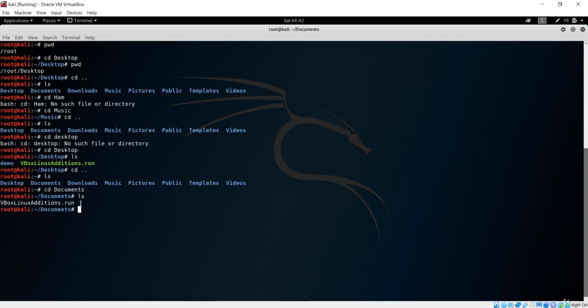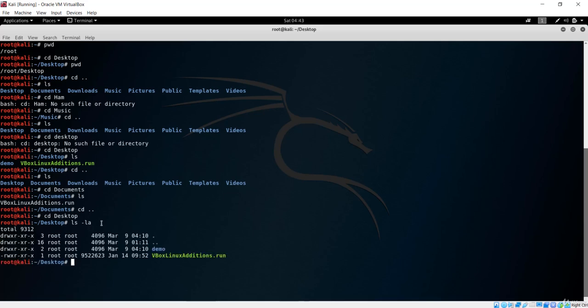If you want to list all the details of the files and folders, all you need to do is, let me just go back and go to Desktop. Now if you want to list everything inside that Desktop, then you use ls -la. So -la is an attribute to this list command. If I just hit enter, it is going to give us everything including hidden ones. So these are the hidden ones.